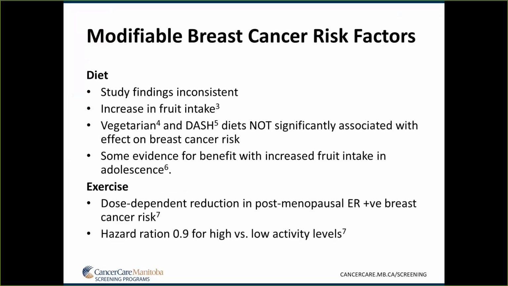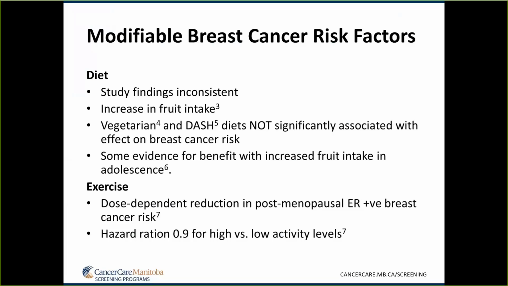Diet, somewhat counterintuitively, has been debated in the literature without clear findings specifically with respect to breast cancer. One would expect that diets high in vegetables and low in animal fats, like for other cancers, would be the better choice in terms of reducing risk. We don't know that for sure, although there is one study that does show a benefit, I should say, in terms of decreased risk down the road if during adolescence you have an increased intake of fruit.